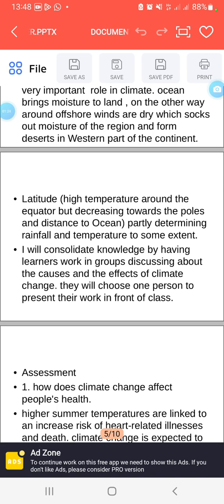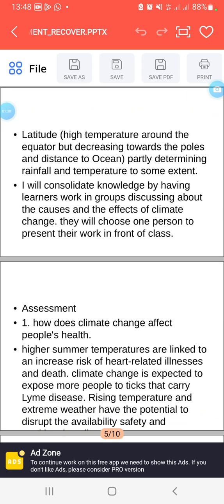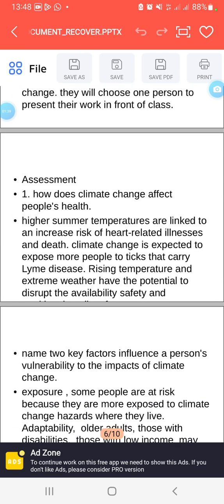And then I will consolidate knowledge by having learners work in groups, discussing the causes and the effects of climate change. They will choose one person to represent their work in front of the class. When it comes to assessment,